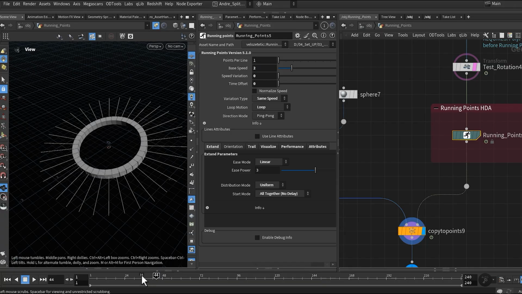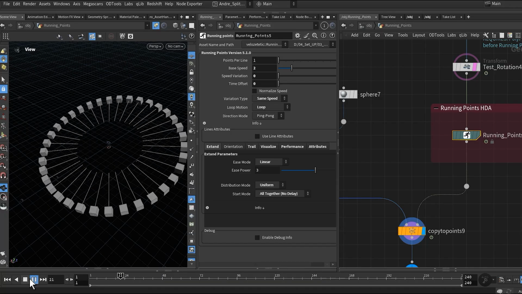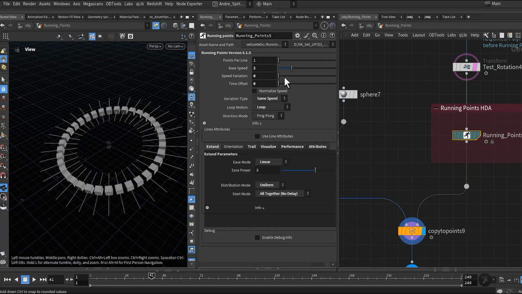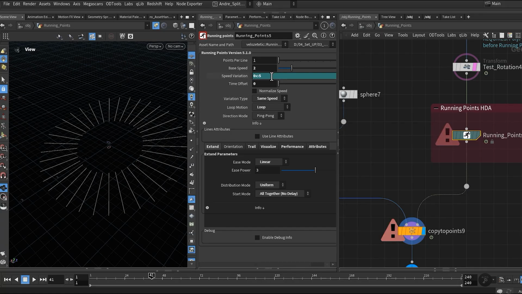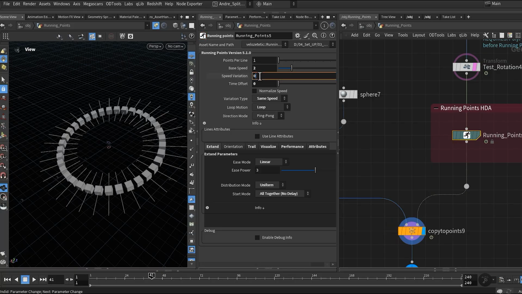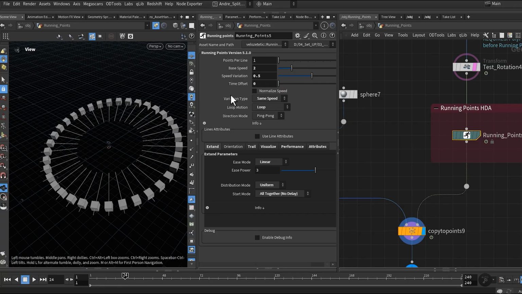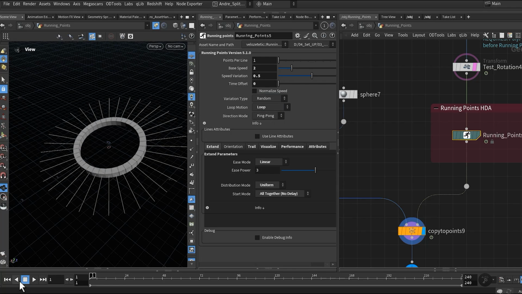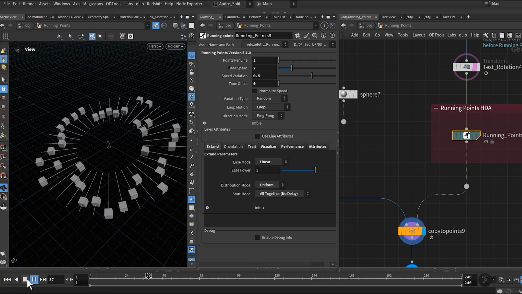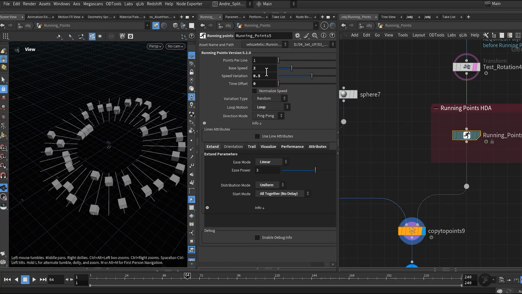All parameters you can change in real time. Now, because variation type is the same speed, it doesn't work. We need to change to random. And now every point has a random speed.